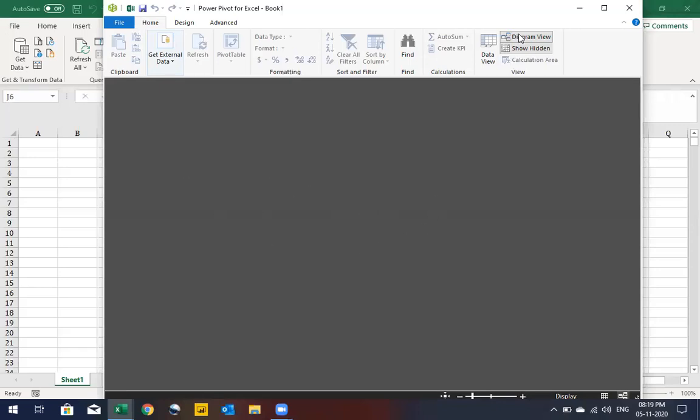So you have got the diagram view, and you can go for the normal view also. Okay. And then we can design and do any number of calculations. So those using Power BI can go for this kind of Power Pivot. Okay, Power Pivot actually is an advanced way of doing things.